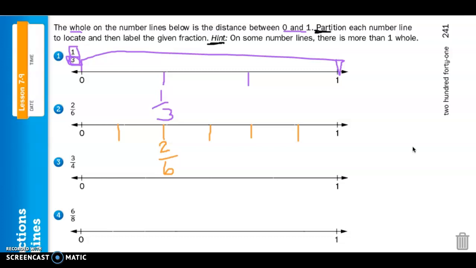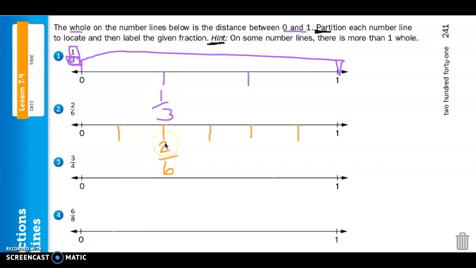Okay, I want you to identify a fraction that's equal to 2/6. So here's 2/6. Which one's equivalent to 2/6? Well, look at that. If we split our line, 1/3 is equivalent to 2/6 because they're on the same spot